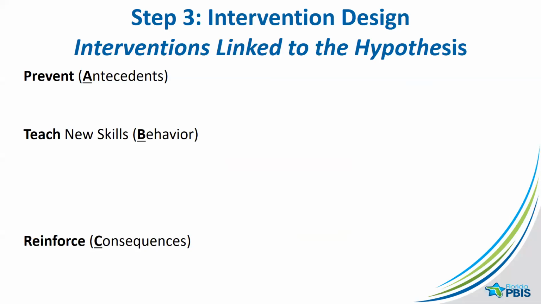Now, once you get to the step 3 piece, it's a matter of, okay, now that we know what the problem is that we're addressing, we have some hypotheses that we've determined are true or valid. Now let's look at some action steps. So we want to have a combination of different types of actions to consider. What are we going to do to prevent these problems from occurring in the future? What can we do to teach appropriate replacement behaviors, or in this case, maybe sometimes the expectations a little bit better? And how do we continue to reinforce students' use of the appropriate behaviors that we'd like to see?